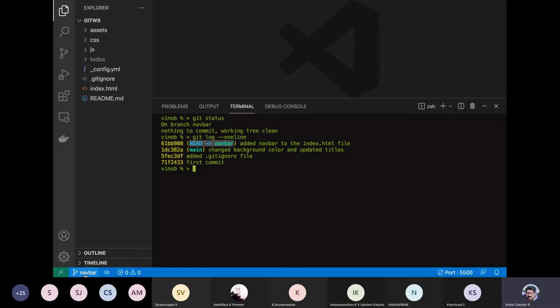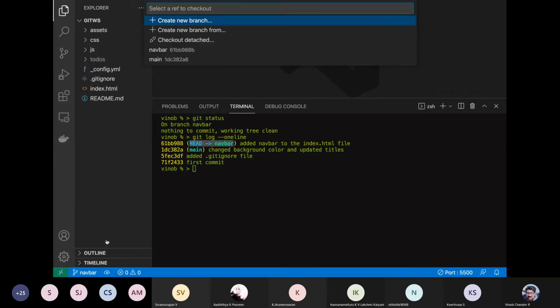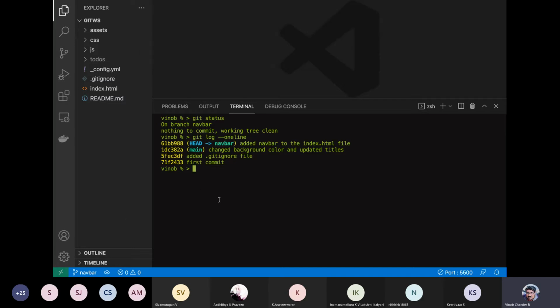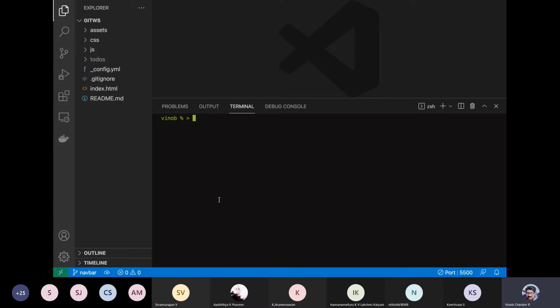Also, you can see your branches via this, right? So you can come over here and see that you are in the navbar, right? There are two branches, navbar and main. Okay. So we have added it, we have committed it, right? Next what? We need to merge it.